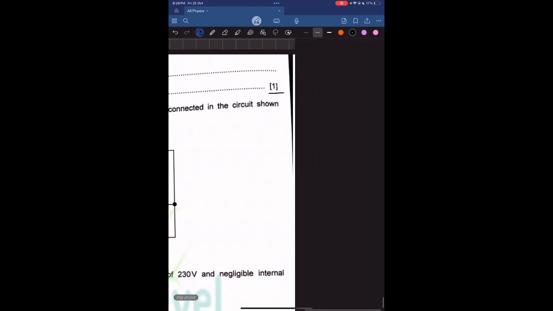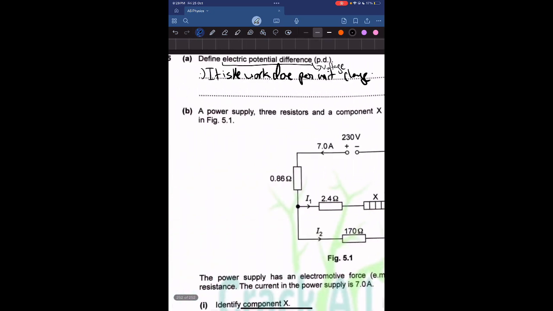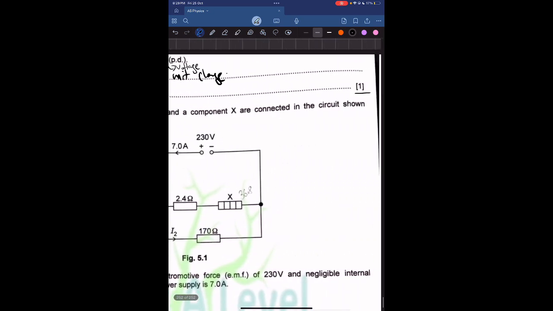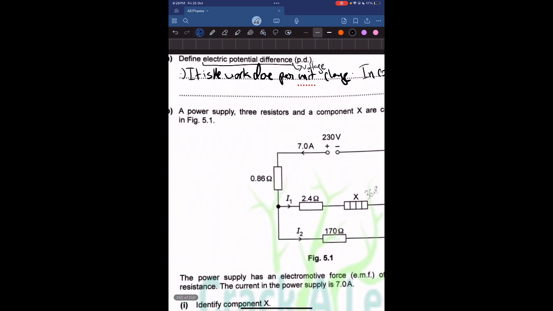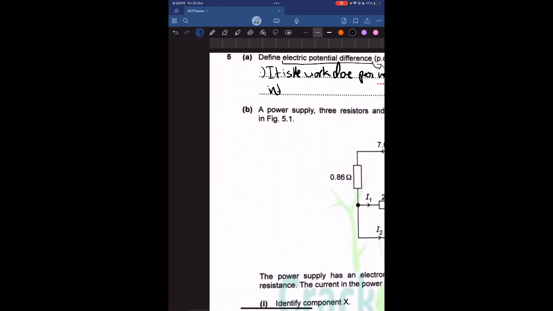And since it is of 1 mark, you will easily get the mark. But if this was of 2 marks, you will say that in converting electrical energy into other forms of energy,